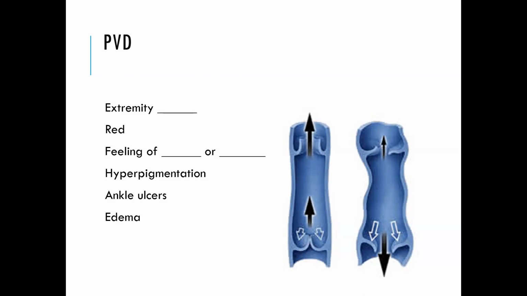What's your patient going to look like? The extremity is going to be warm. It's going to be red. It's going to feel full and heavy. There may be this thing called hyperpigmentation. It's kind of a browner color to the shin area. It's called hyperpigmentation. It's also called hemosiderin stain,